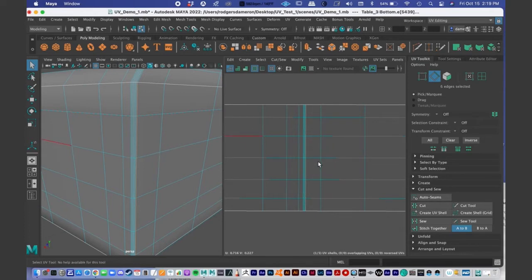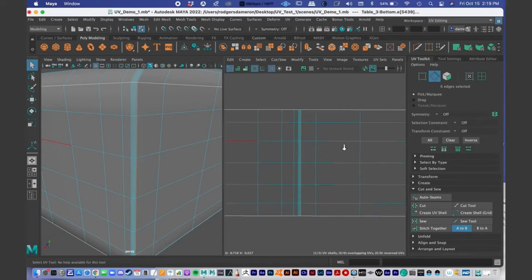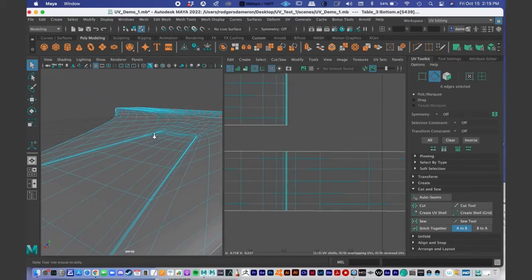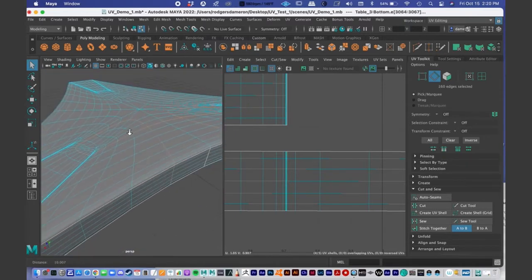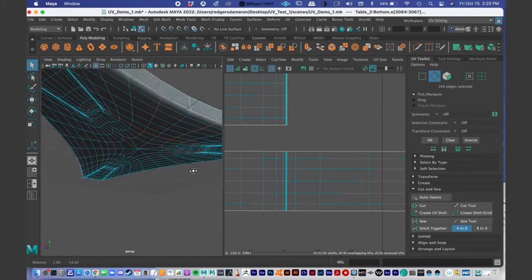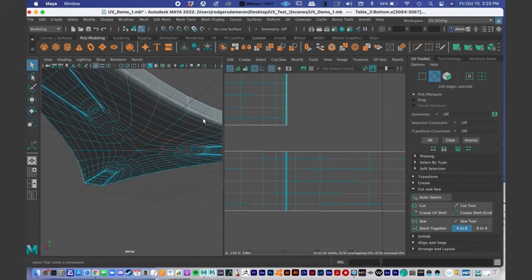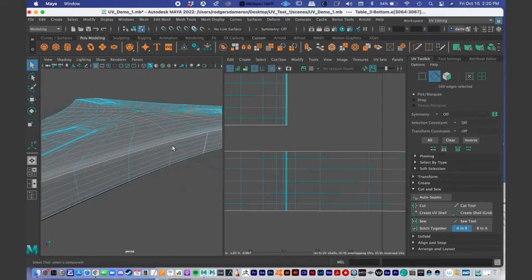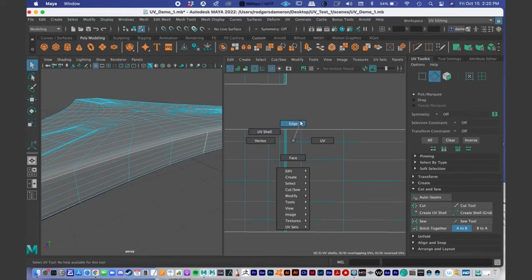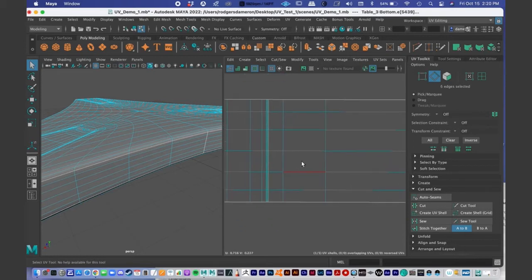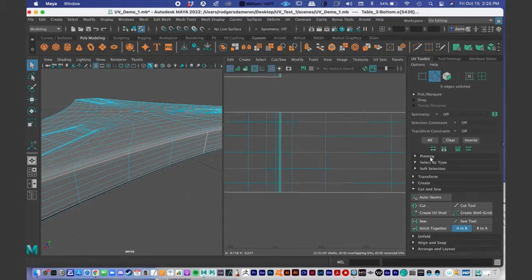And I like to also make this selection in the UV editor menu here, because if I make an edge loop that's over here and I do the shift double click, you see how that edge just went deep into the model there and started looping around? That's going to create a cut all the way through all that paper right there, which is not what we want. We just want a cut along this sliver of paper here. So I'm just going to manually do it in this instance, holding down shift and clicking, UV toolkit, cut and sew, press cut,